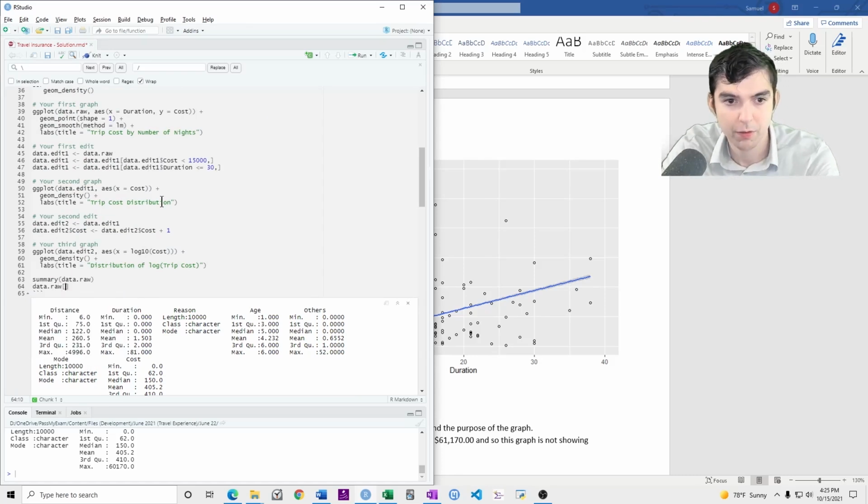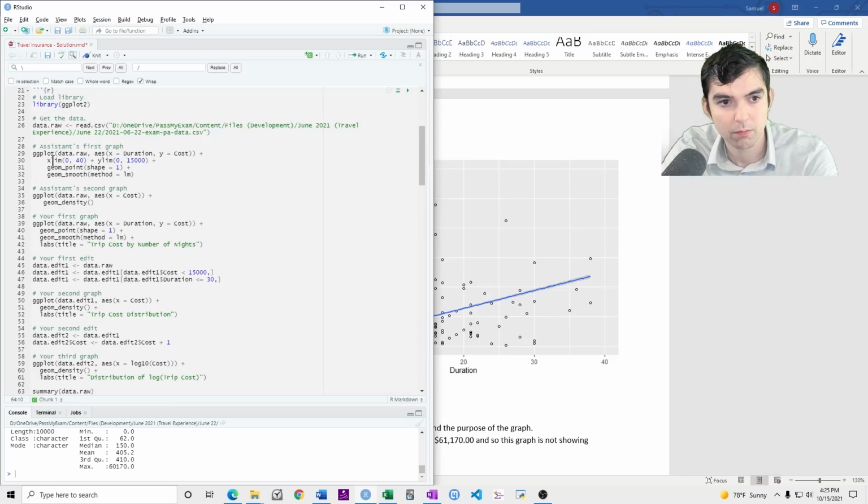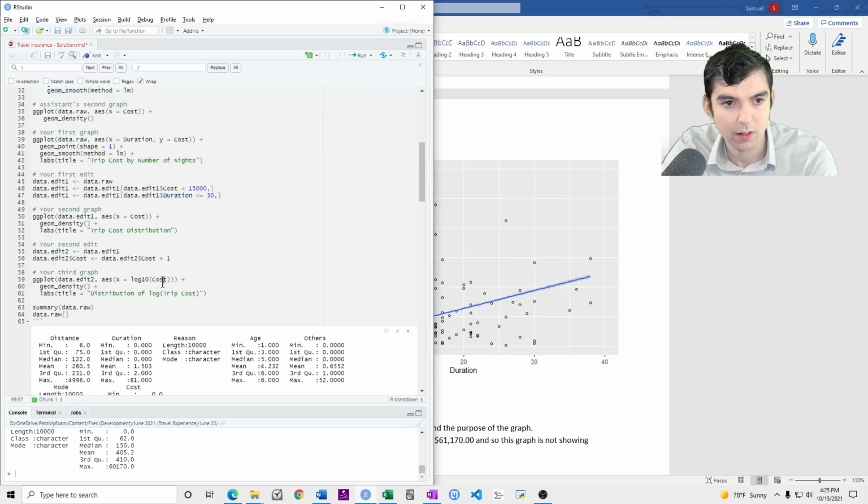If you want to know how to filter, you can just copy this code. This is saying data cost less than 15, duration less than 30. I'm just copying this syntax.